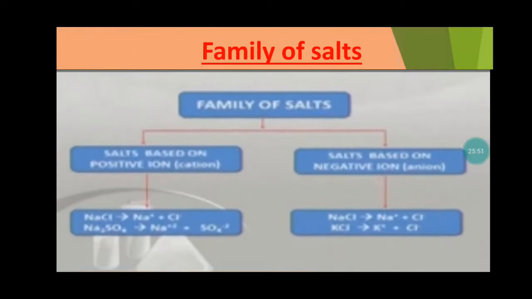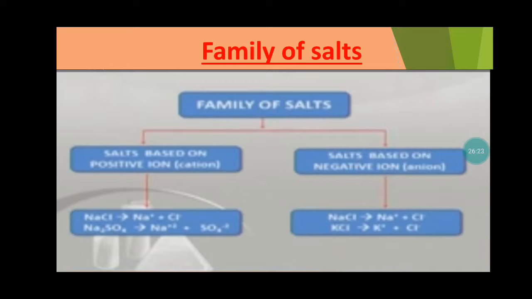Now, what is happening in the chemical reactions? According to these chemical reactions, we can divide the salts into their families. There are two types of families of salts. There are salts based on the positive ion, that is, the cation. Another one is salts based on the negative ion, that is, the anion. Look here, children, for example, salts based on the positive ion means, if you have a salt, NaCl,